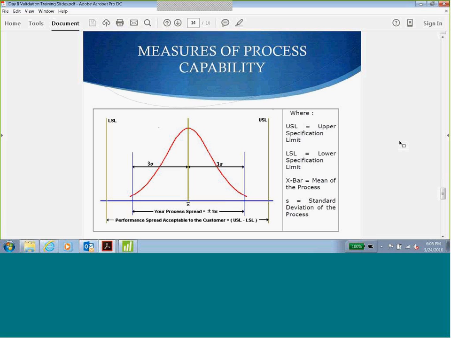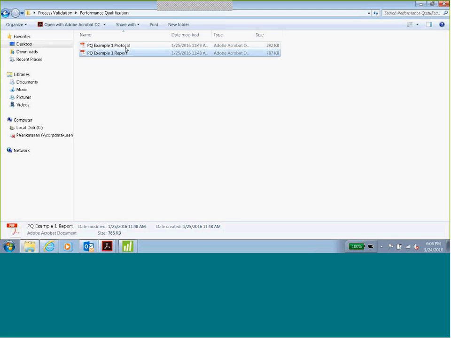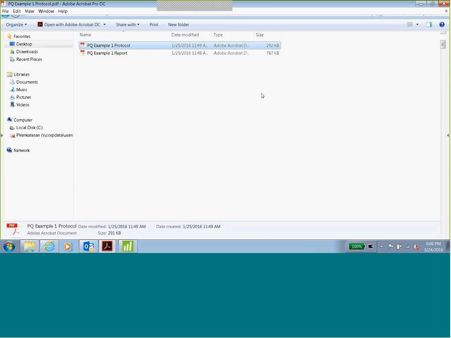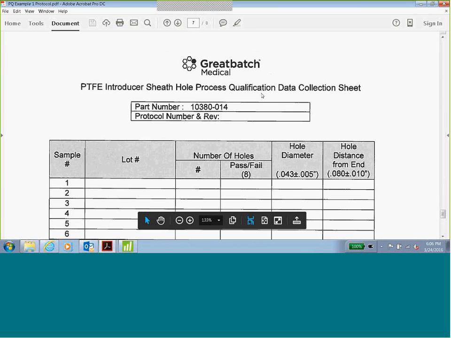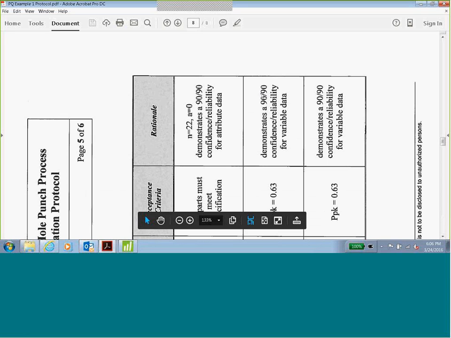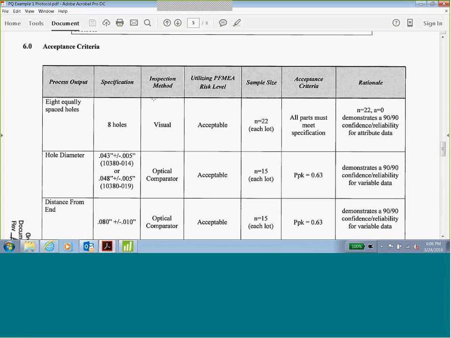The curve is going to look like a bell-shaped curve. In this slide, you're seeing the USL and LSL. What do USL and LSL mean? Upper specification limit and lower specification limit. I mentioned you would get these limits from the PQ protocol, where the criteria are set. So the USL and LSL